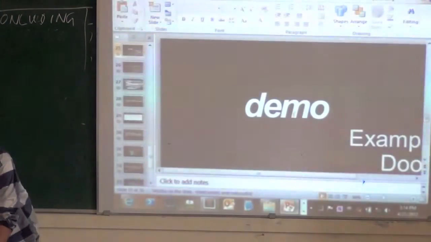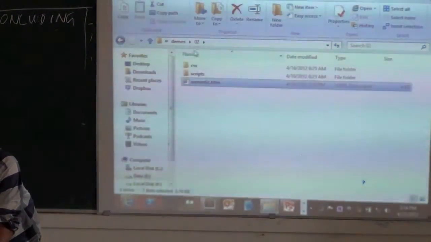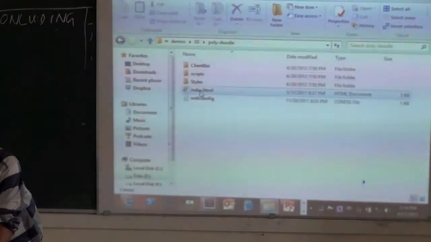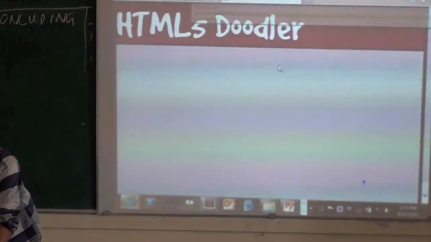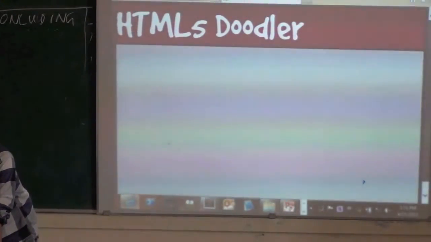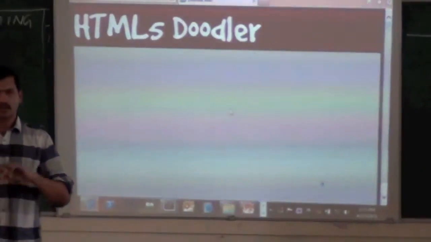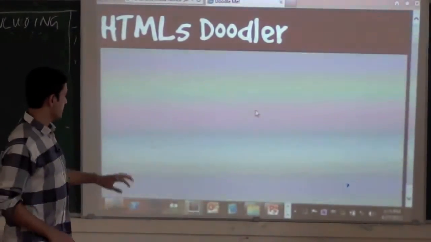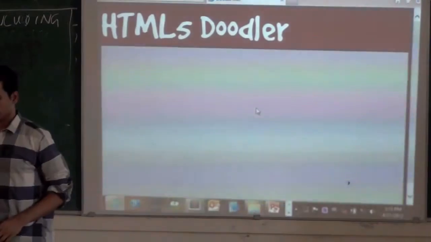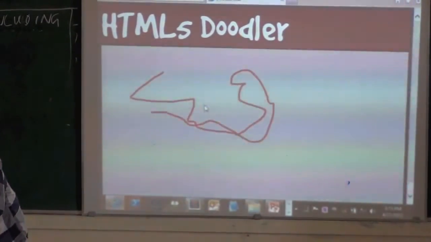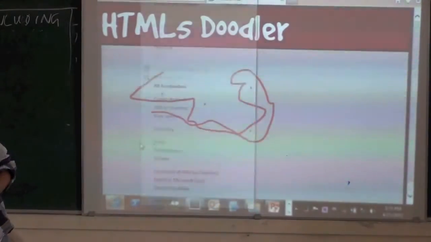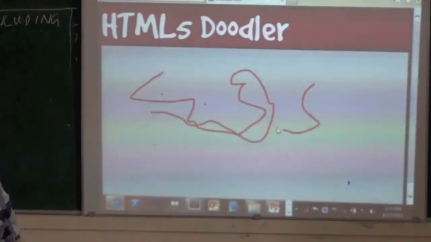So I just wanted to show a quick demo of what that might look like. Alright, so this is basically a simple page that I put together, which allows you to doodle on the page, right? So this particular area here is a canvas, it's the HTML5 canvas tag. So I can just go ahead and draw. You can see that there are no plugins, it's just a canvas.